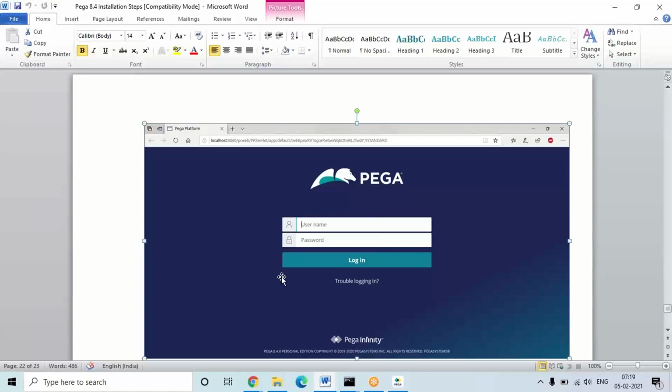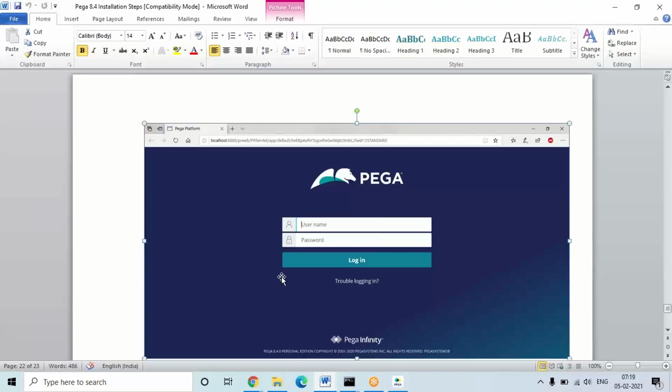Just wait until this screen appears, and check. Then up to here the installation will complete automatically. The time can be different on every system, but in case the installation fails, we have to uninstall and reinstall again. So if the installation fails, we have to remove the instances, restart the system, and install it again.